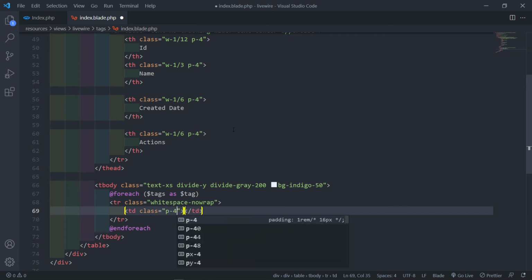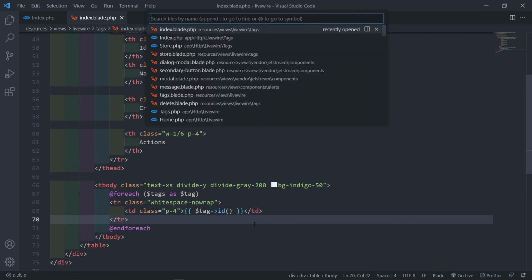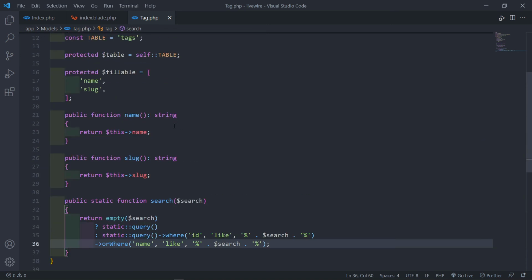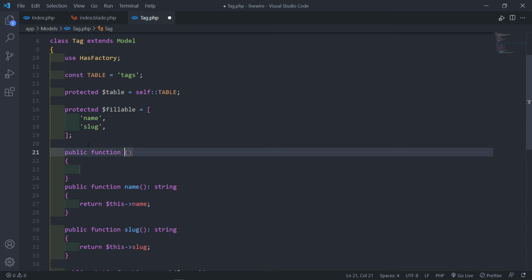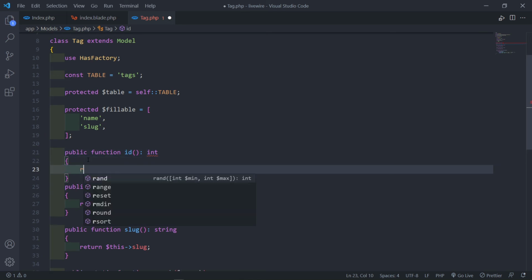Let's give it a padding of 4. All right, for the ID, what we're going to do is we're just going to get the tag, and we just want to get the ID of the tag. So let me just quickly open my tag model, and let's see if I'm referencing the ID. I'm just quickly going to get that. So public function ID, and this is going to be an integer. Okay, and I'm just going to return